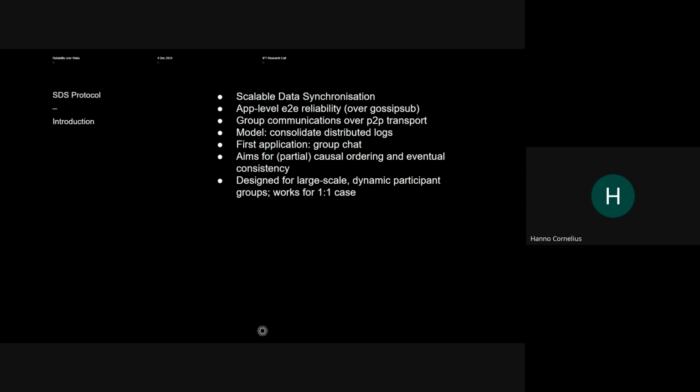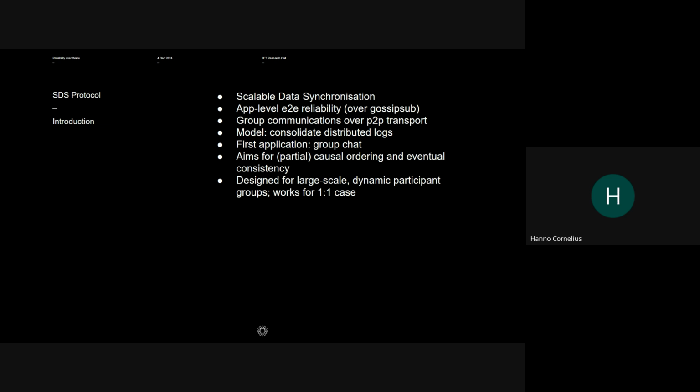So if you think of a group chat, each participant in the group chat is maintaining a log locally, which is kind of the log of the conversation. It's the history of the conversation. All messages in order as they were sent within the group chat. And the problem of reliability then becomes to make sure that everyone has the same view of what messages have been sent in the group chat and in what order. And when you want to send a message to the group chat now, you just append it to your local copy of the log. And the SDS protocol is responsible for reliably transmitting this append operation to all other participants of the group chat. Okay.